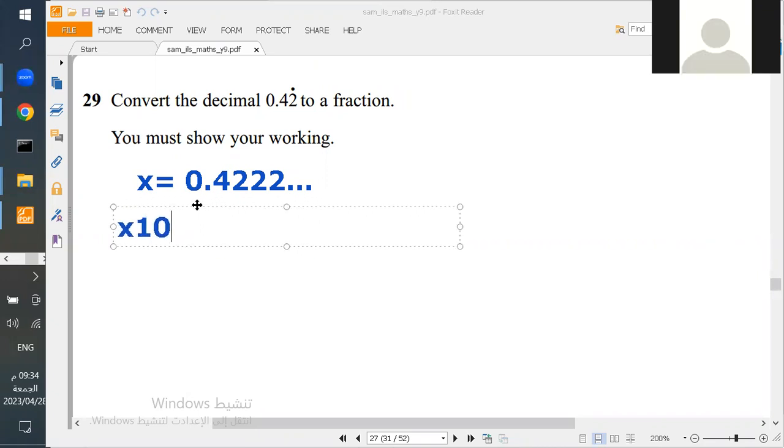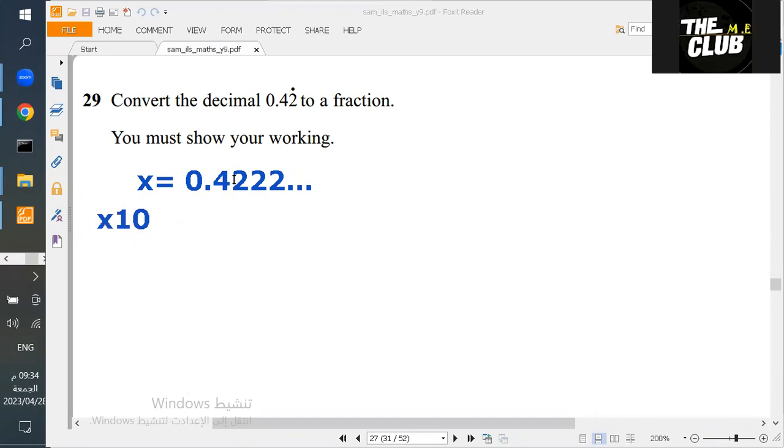What do you mean by these twos? Because this point means the 2 is repeated. Oh, okay. Mister, can we just multiply by 100 right away? Wait, no, I can't do that because